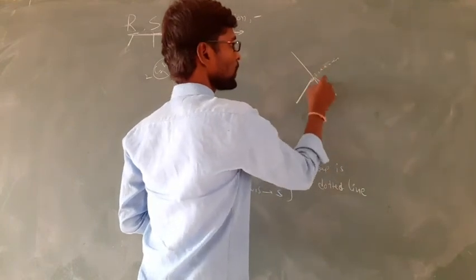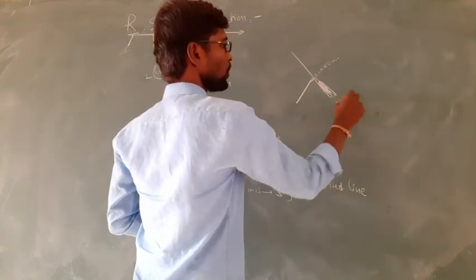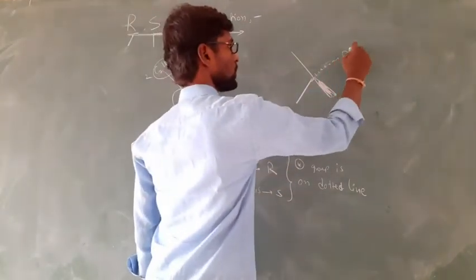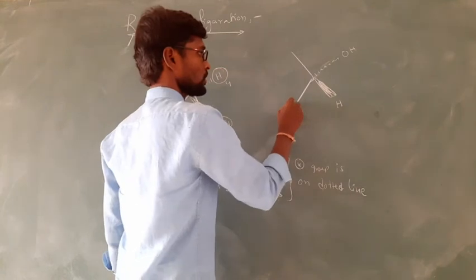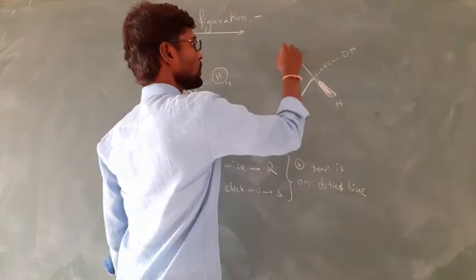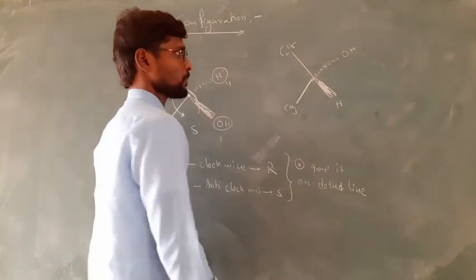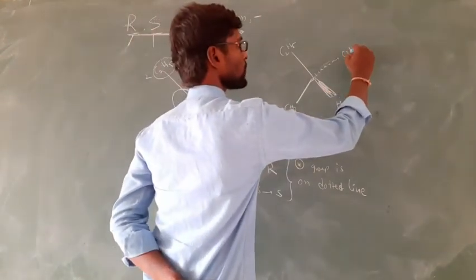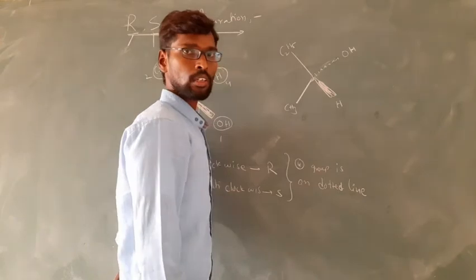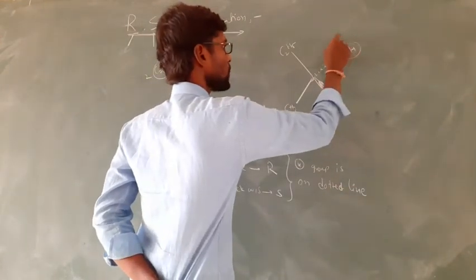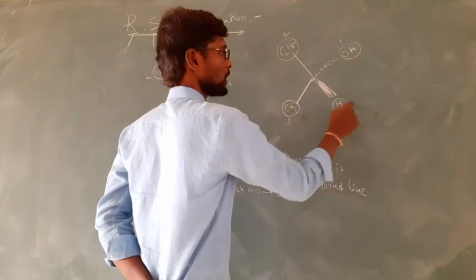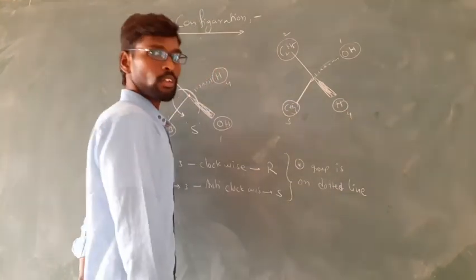If I am writing over hydrogen, the least priority group, on a wedge molecule, that means thick line, and this is on the back side OH, and this is CH3 here, and this is C2H5. So what will happen here? Now we have to go with the same periodic order, that is OH will get the first number, C2H5 the second number, CH3 the third number, and H will get the fourth number.